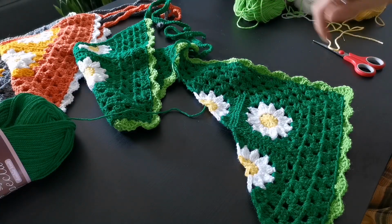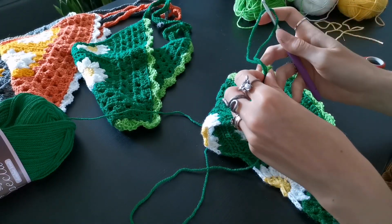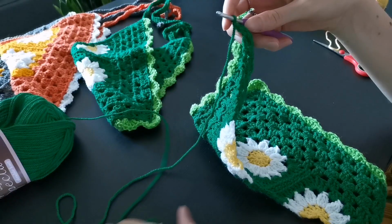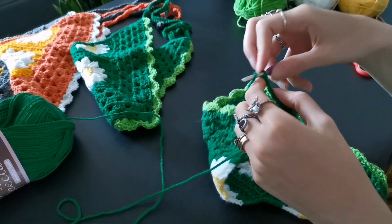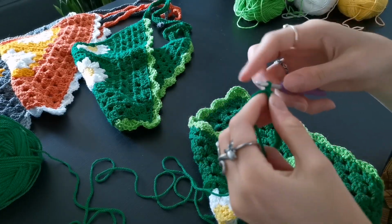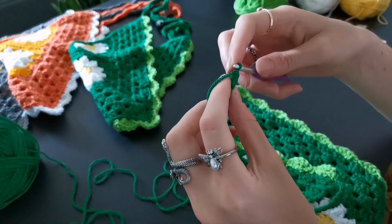So you can put the bandana around your head and secure it, which is quite important. So put this back into it and then I chain 55. So 1, 2, 3, 4, 5. I've chained 55 and now I chain 1 extra and then I go into the 55th, but then on the back of it,